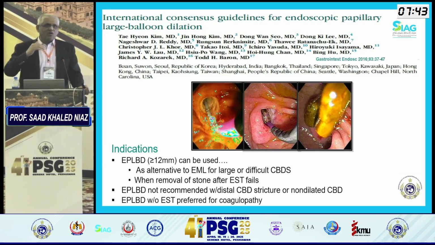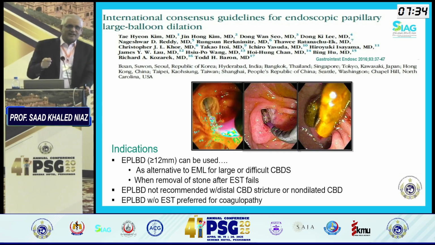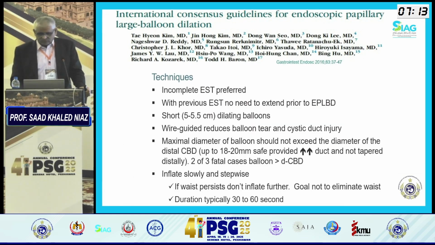How much you dilate also depends on the size of the duct. Remember the caveat here: if you've got a stent, you can't rely on ductal size. But the duct is an expansile tube when you stretch it. If you're not sure, you can use a stone extraction balloon, inflate it, and you'll know whether the balloon is nicely stretching the duct or not, and then you can stretch that much if you want to.